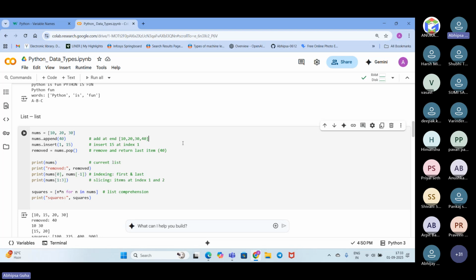I want to insert a number, but not after 30; if I wanted that, I could use append. Here I need to use it based on the index value. In a list, the first value is the zeroth index, 20 is the first index, and 30 is the second index.